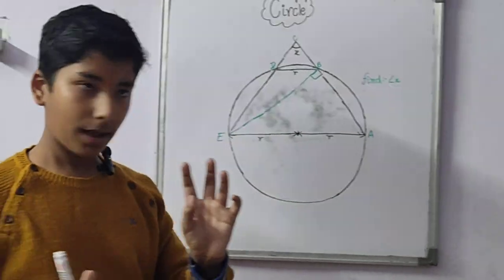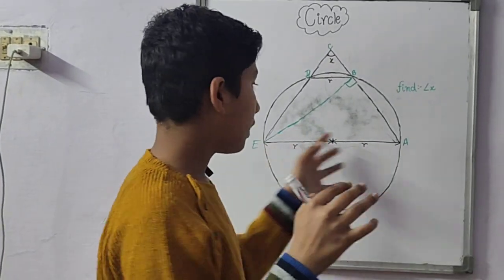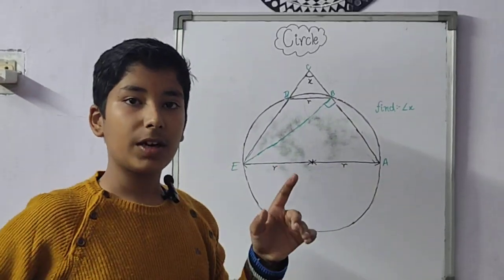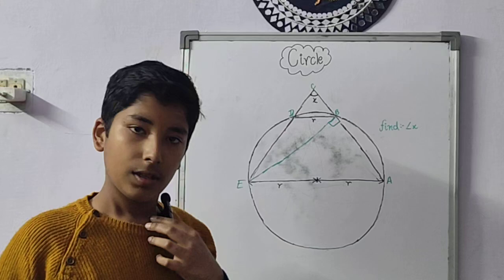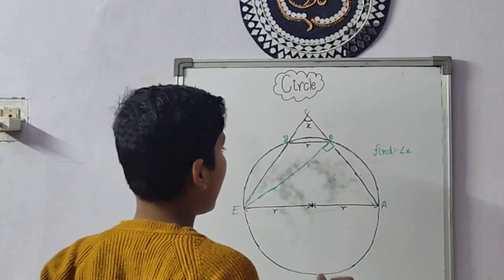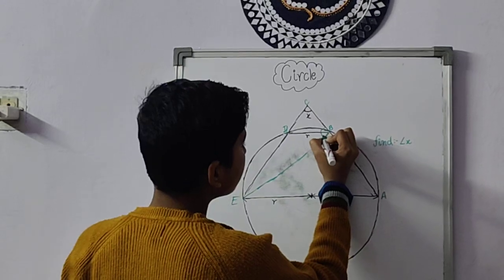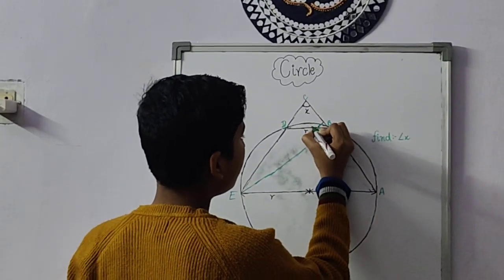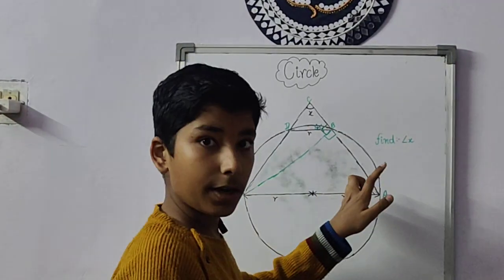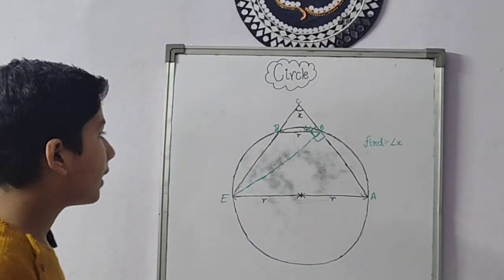which means if there is a triangle whose base is the diameter of the circle, and its other vertex is touching the edge of the circle, then that's why it will be 90 degree. Okay, angle in semicircle. So if this is 90, so this angle will also be 90 degree. Okay, how? This is a straight line. This is 90, so this will be 180 minus 90, which will also be 90 degree only.